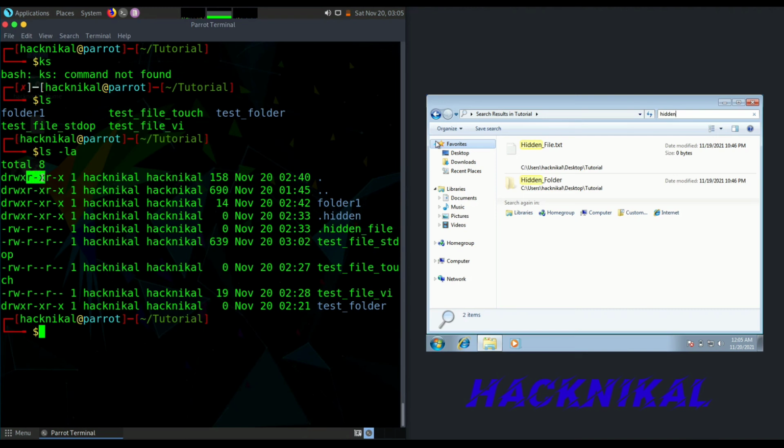The next 3 bits are used for the group permissions. Then the next 3 bits are used for the permissions of other users inside the system. Like if I just get my /etc/passwd file, this is the file where all users are present. I'm just printing only the first column over here.